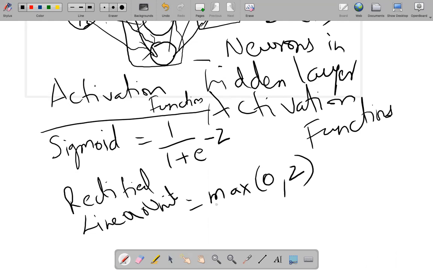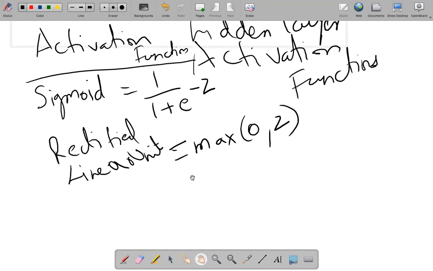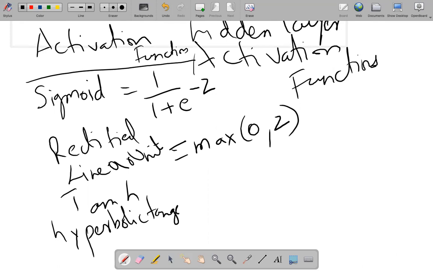That means if anything is negative, it will convert it into 0. Then we have one more function called hyperbolic tangent, tanh. This is also an activation function.